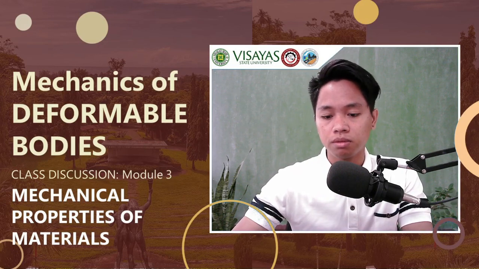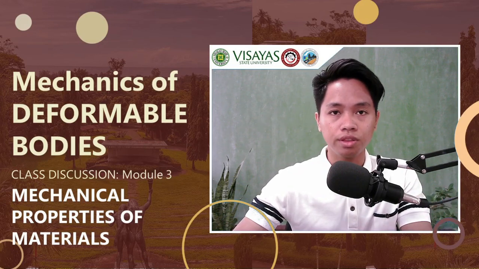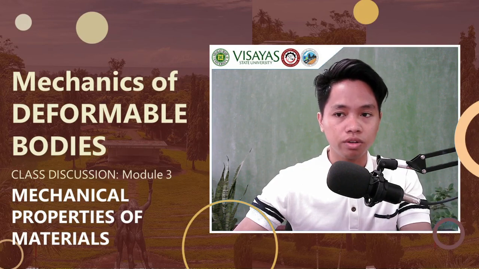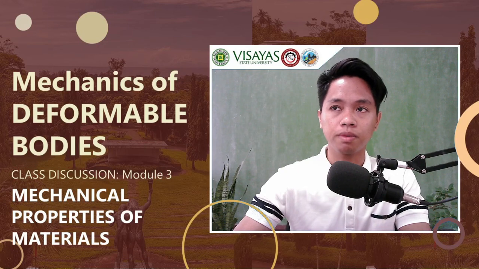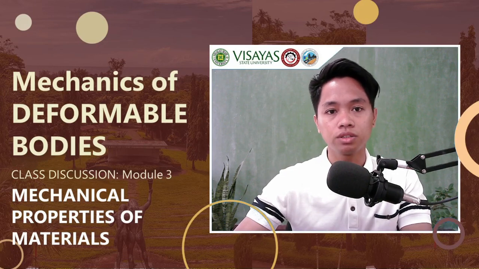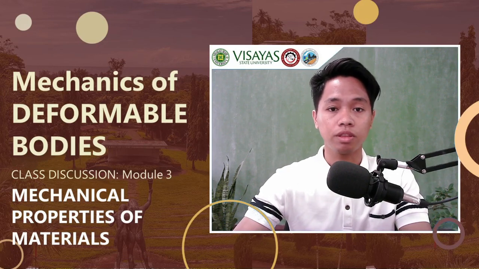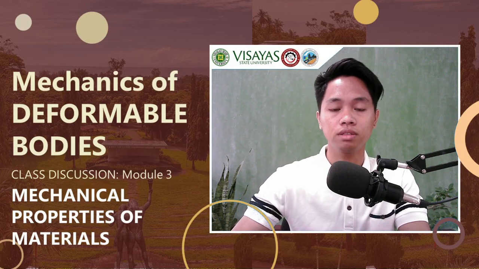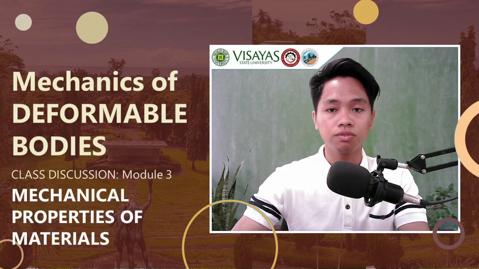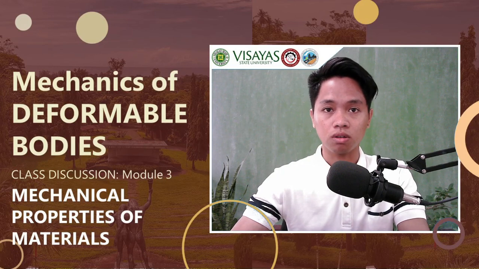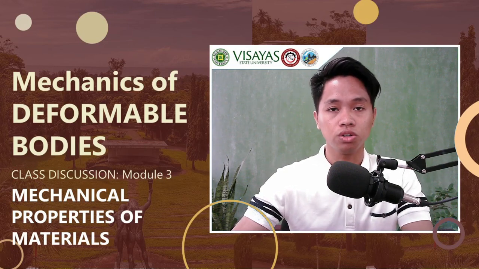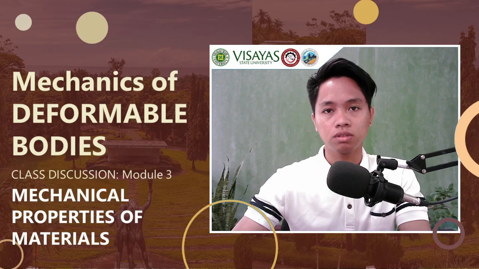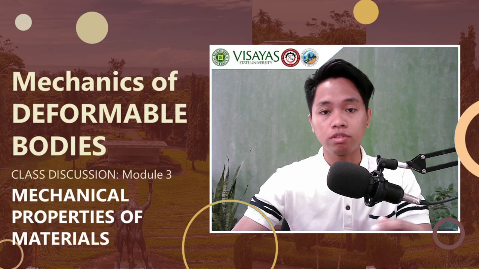Alright, so in your assessment 3, after your video 3.1, which is all about the stress and strain diagram and other mechanical properties, you have your assessment 3. Your assessment 3 was all about a reading assignment of those topics that I posted here: your Hooke's law and your Poisson's ratio. Those topics that I included in the assessment are the topics that we are going to talk about